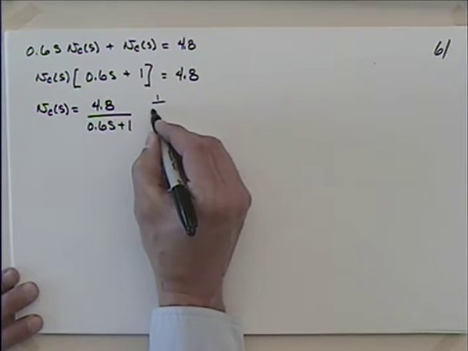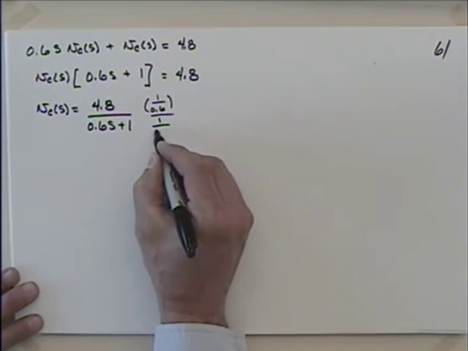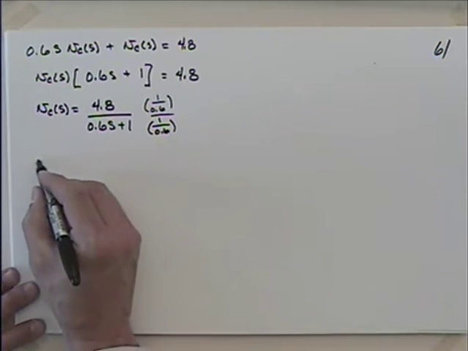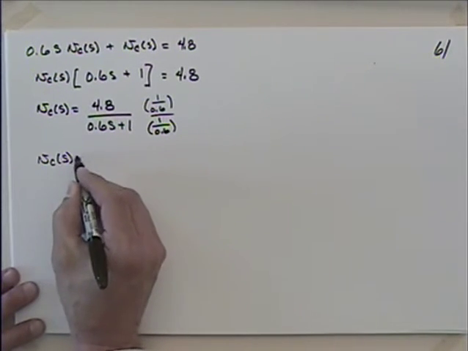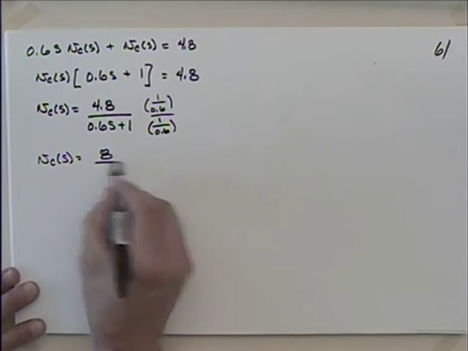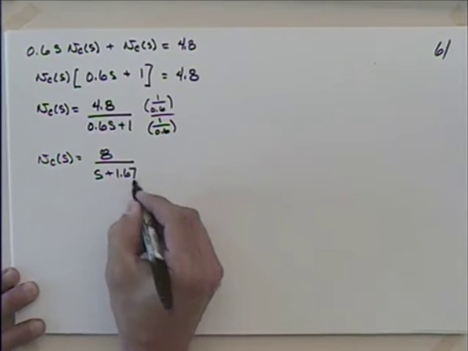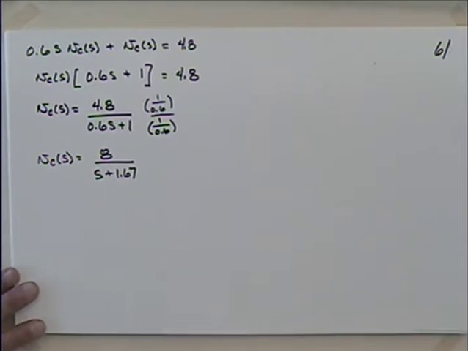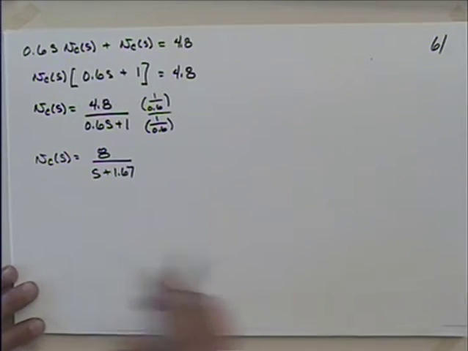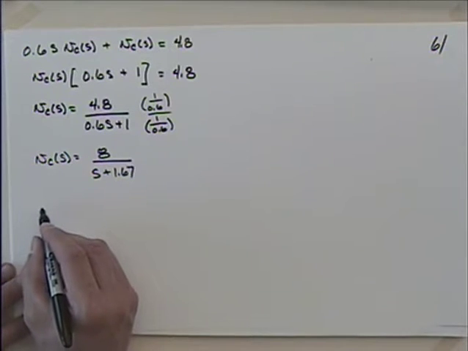1 over 0.6 times 1 over 0.6. So what's that turn out to be? It gives me 8 in the numerator and s plus 1.67 in the denominator. So I could say then that I have,